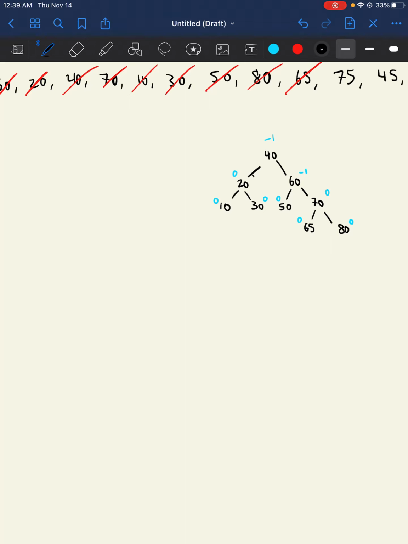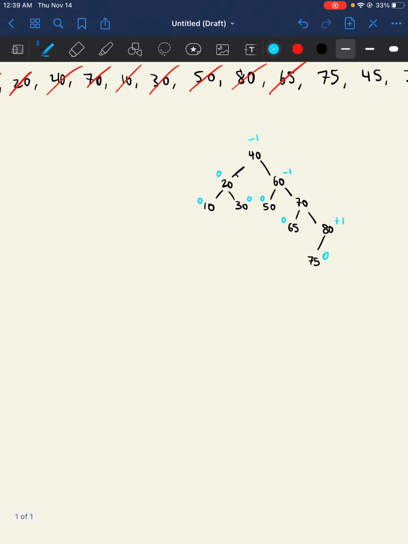75 is bigger than 40, bigger than 60, bigger than 70. It's smaller than 80, though, so it's going to go right down here. All right, balance factor of that is 0. 80's balance factor is now +1. 70's balance factor is 1 minus 2 is